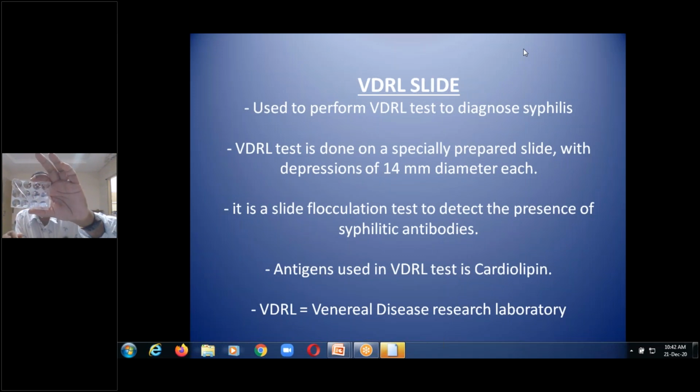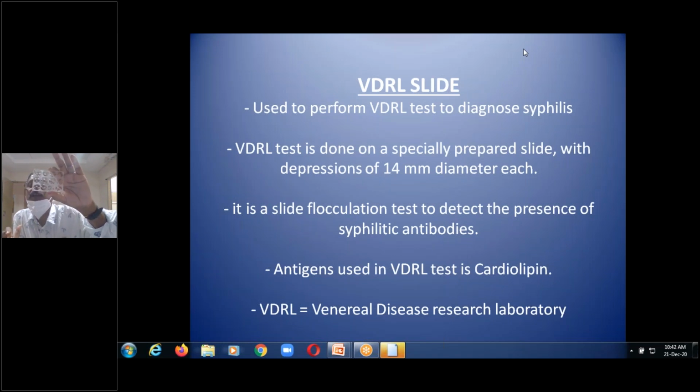There are about 12 concavities or 12 depressions. 1, 2, 3, 4, 5, 6, 6 plus 6, 12 depressions. Each depression or concavity is about 14 millimeters in diameter. It is specially prepared for the diagnosis of syphilis or Treponema pallidum. This VDRL slide is useful for the detection of syphilis antibodies by doing the slide precipitation